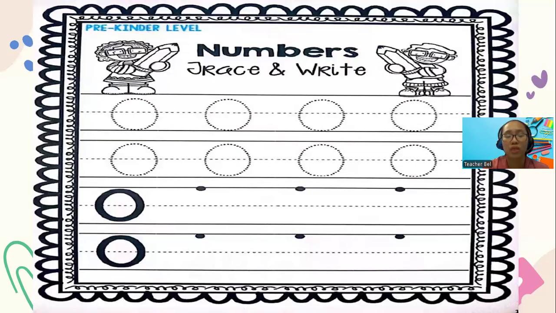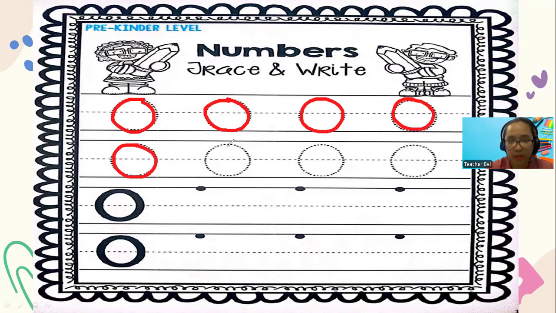I want you to go to this page for your number sense book. We get to trace first for the number zero. So before you do your work, please write your name. Always start with your name at the top of your work. And let's start by tracing our number zero. So we have to go around and stop for your number zero. Around and stop, around and stop. See, this is how you make your number zero.